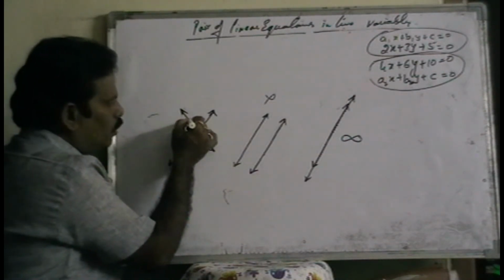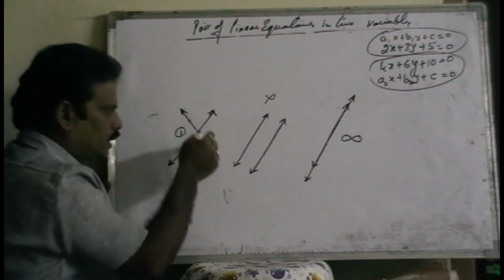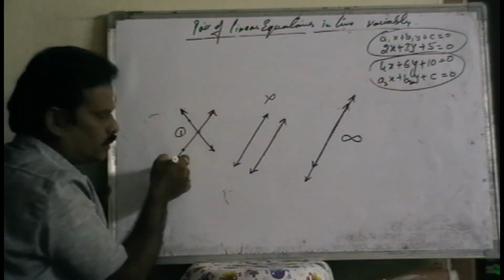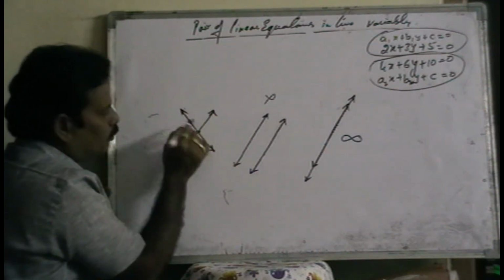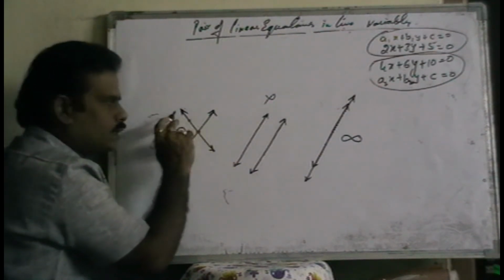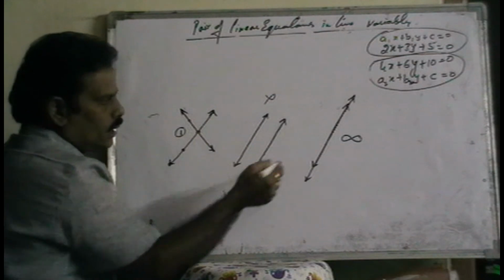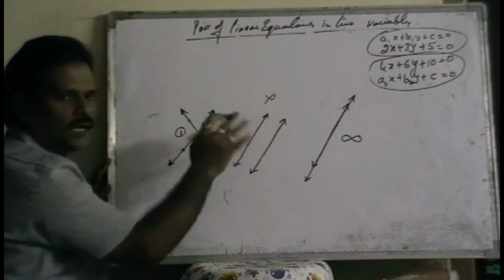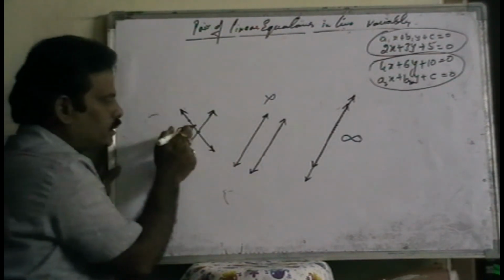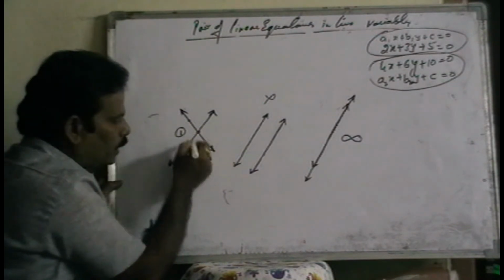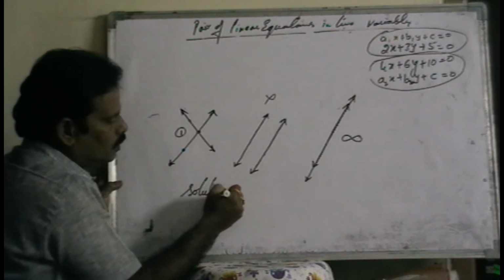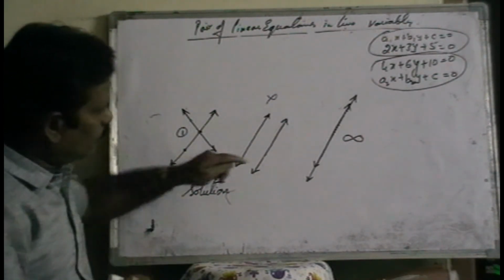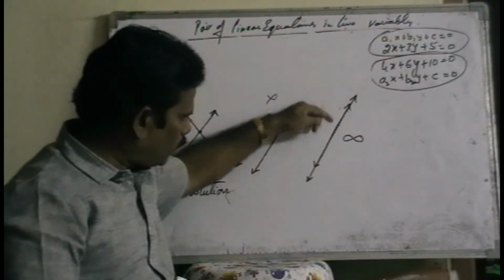So if a point is on the line, that means that point satisfies the equation of that line. This is also one of the points on this line, so it satisfies the equation of this line. But this is a point on both the lines, a common point, so that point satisfies both the equations. Here every point satisfies both the equations, but here no point satisfies both the equations. If a point satisfies both the equations, then that point is called a solution. Solution means only a point which satisfies both the equations. Here every point satisfies both the equations, so every point is one of the solutions.